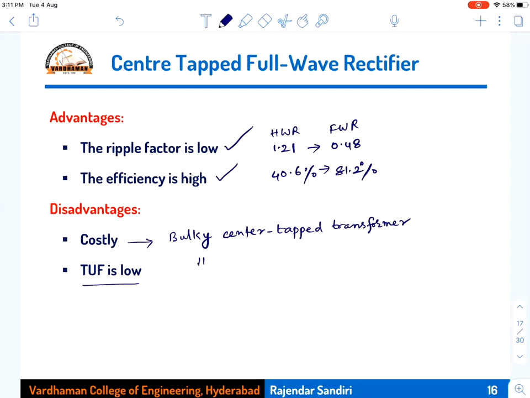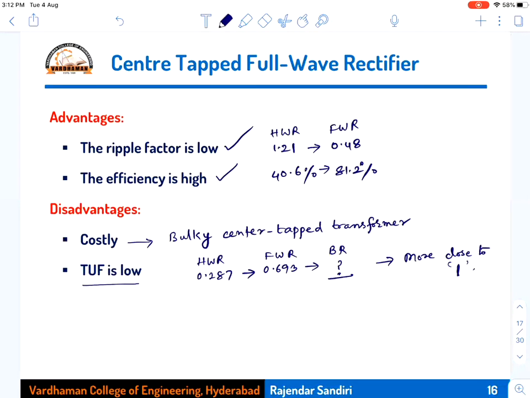So for half wave rectifier we got it as 0.287. Now for full wave rectifier we got it as 0.693, and we have got another rectifier, bridge rectifier. We can still increase that value, to what value we will see now, but ideally it should be more close to 1. The transformer utilization factor should ideally be 1, and any circuit which is more close to 1 will always be better.